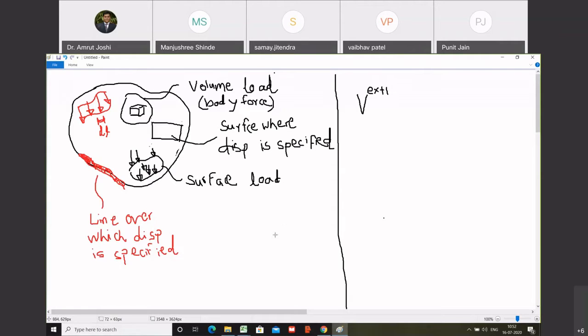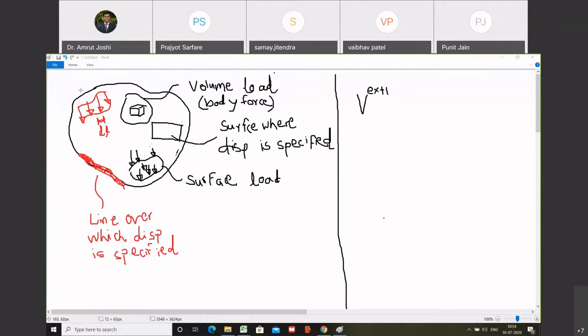Do you know what is a line load? Force acting per unit length. Yes. So a line load is a type of load which can be idealized to act over a small line along the surface, on the body, and its units are going to be Newton per meter or kilonewton per meter. Do you agree with me? Yes, sir.